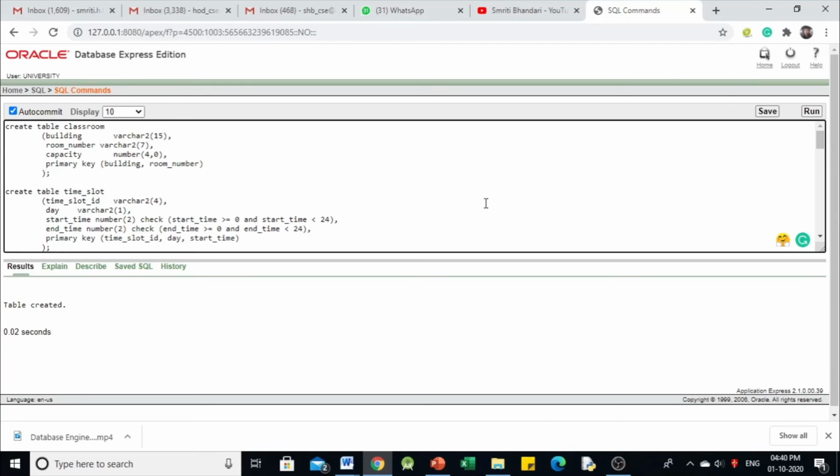So I would advise you to go through all those constructs, and whatever is the problem statement that is being provided to you, try to build practically the database schema in this way, right? So I hope you must have understood all the DDL statements and how to execute practically these DDL statements, right?